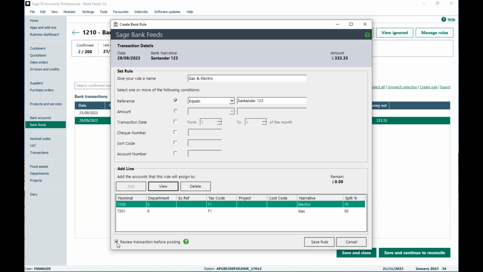In the bottom left, you've got this option here. So review transactions before posting. If I just click on the little question mark, you can select this if you want to approve transactions using this rule before they are posted. You can switch this off if you want transactions using this rule to be automatically posted. So if this is ticked